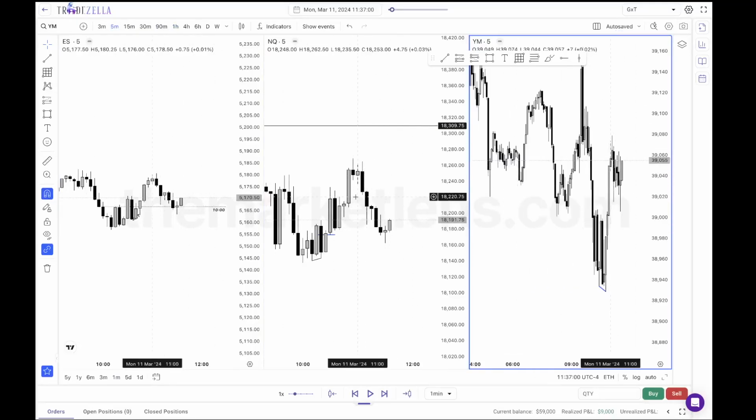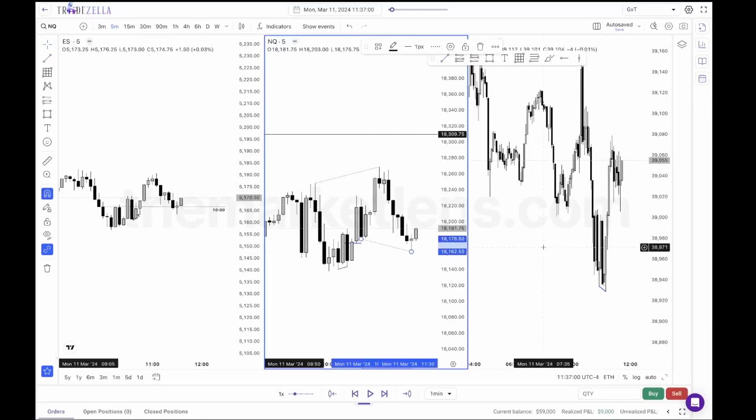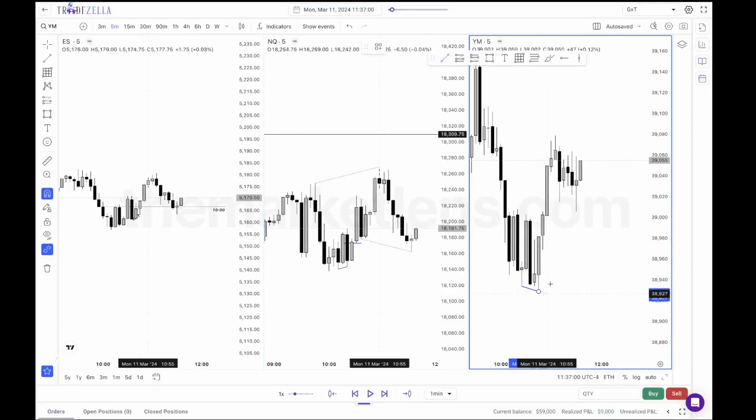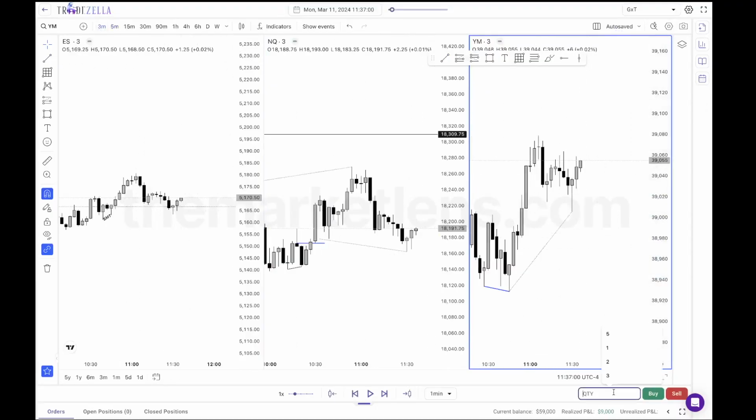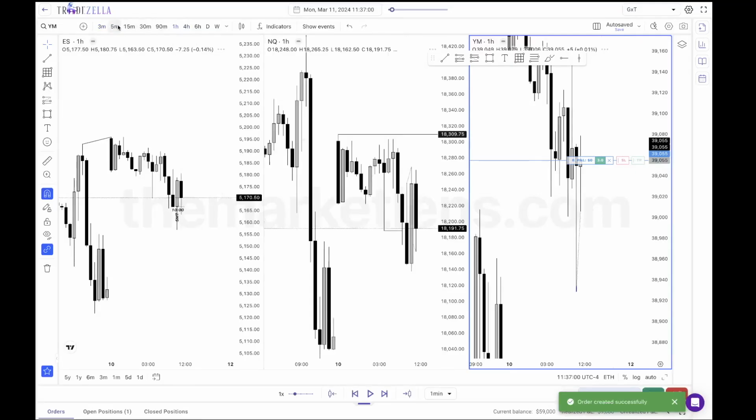Where this asset over here, we put in this SMT. It's a strength switch in general because you have an SMT here. This asset's creating lower lows, while over here we're actually creating higher highs. So here it is right here. Regardless, we can trade this asset here. I don't want to miss this, so I'm just going to market execute. I'm pretty confident in this case.